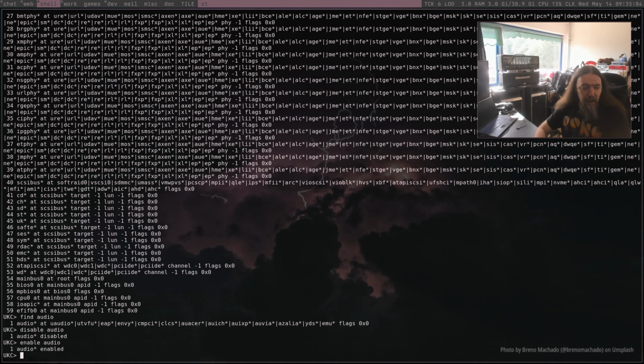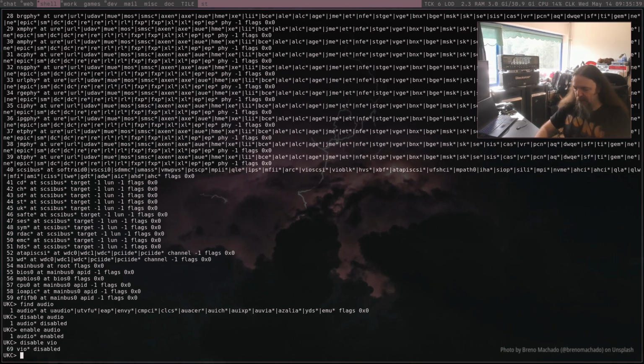You can also change devices, like change flags. Basically, this is the same as using the config tool in OpenBSD, but there you can make it permanent. This is basically to quickly disable a device to solve a problem, or to avoid a machine going onto the network. So if I, for instance,